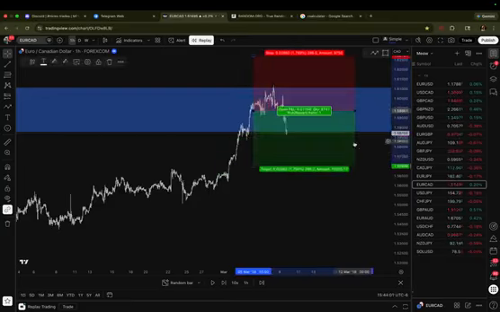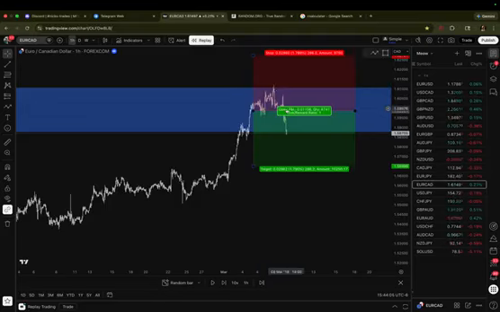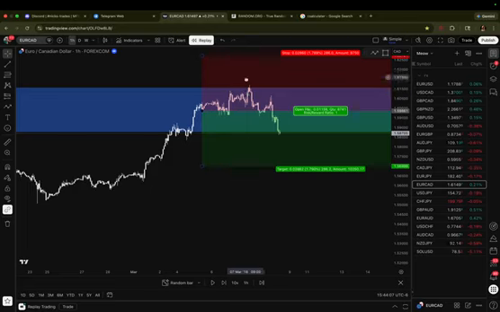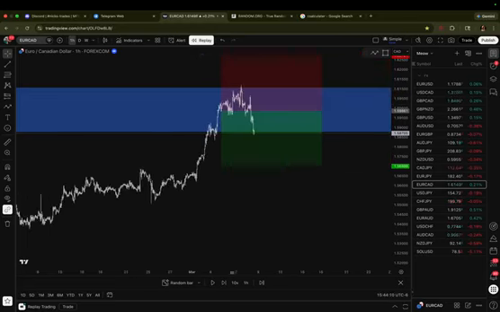So after we would have entered, price kind of goes down, skirts against this. It doesn't really break past the zone though. We don't really get any strong candle closures that are convincing above the zone. So in this case, I'm just going to hold it. Let's see if this can actually get somewhere. It tries to go down a little bit further. Narrowly misses the profit target, starts to turn back around to the upside, heads north,